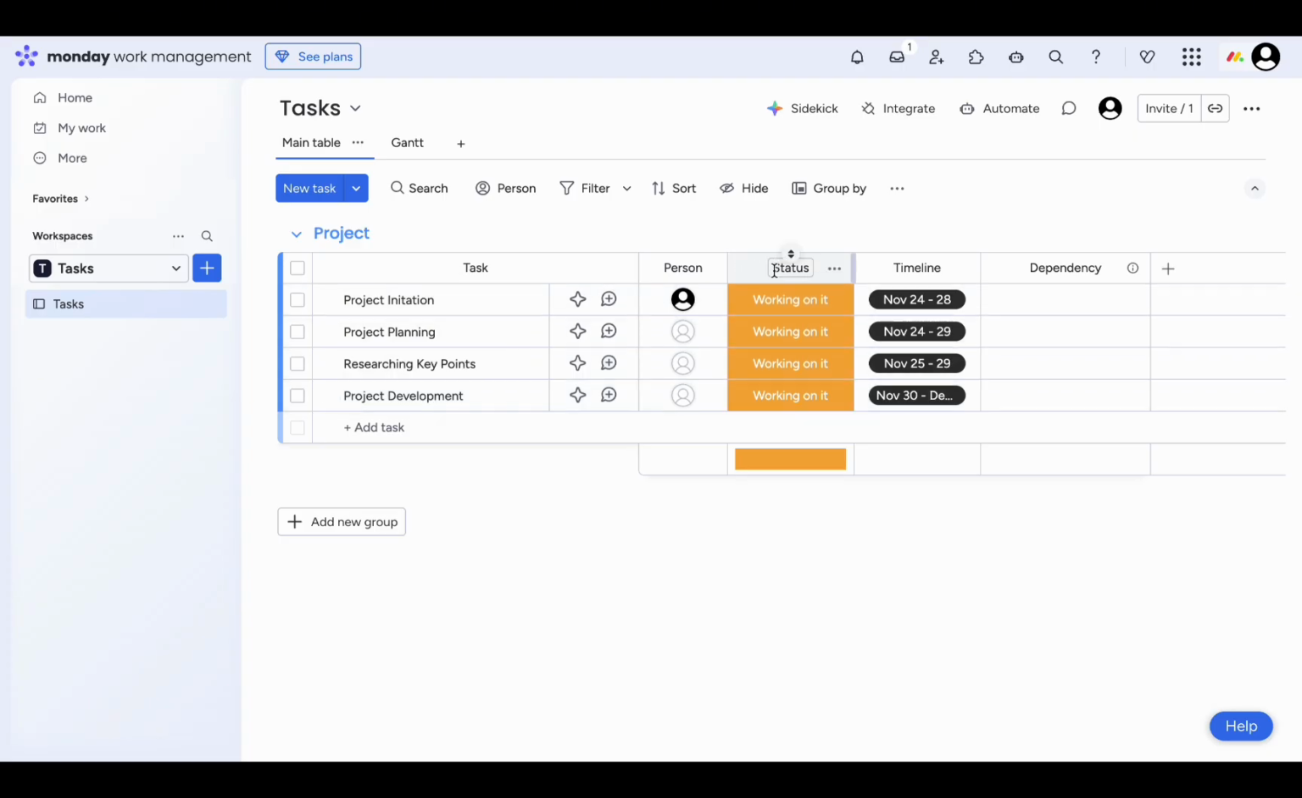There is also a status column where we can view the status of all the tasks. We also have a timeline column where we can set the task's starting and ending date. As we can see, the maximum working days for project initiation is 5 days,